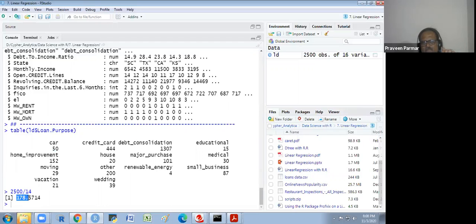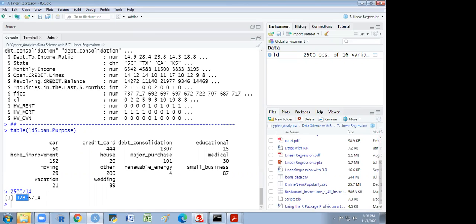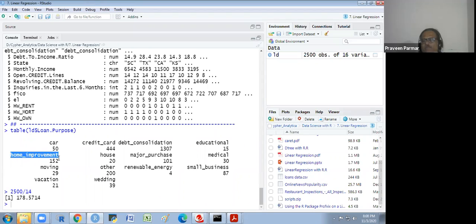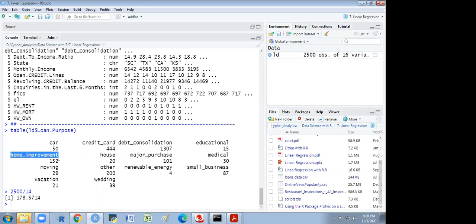The category which doesn't have this much frequency, I'm considering as a base category. Also, sometimes if I want to keep certain categories out of these, as somebody suggested, let's say home improvement, can we also do that? Because sometimes it might be important for analysis to keep a particular parameter. It depends on you, it depends on the analyst, whether he thinks home improvement is very important. Or we could see the correlation and judge that.